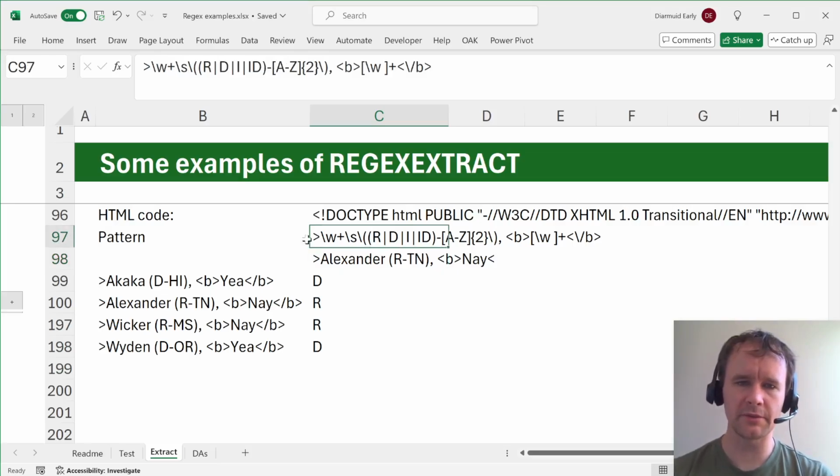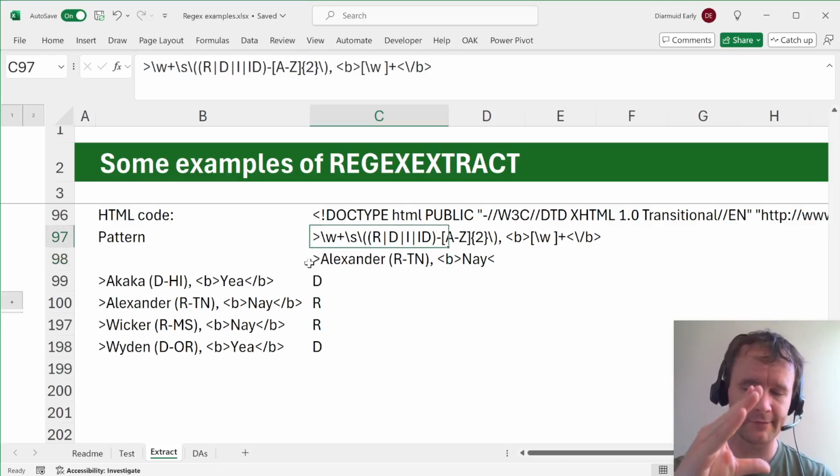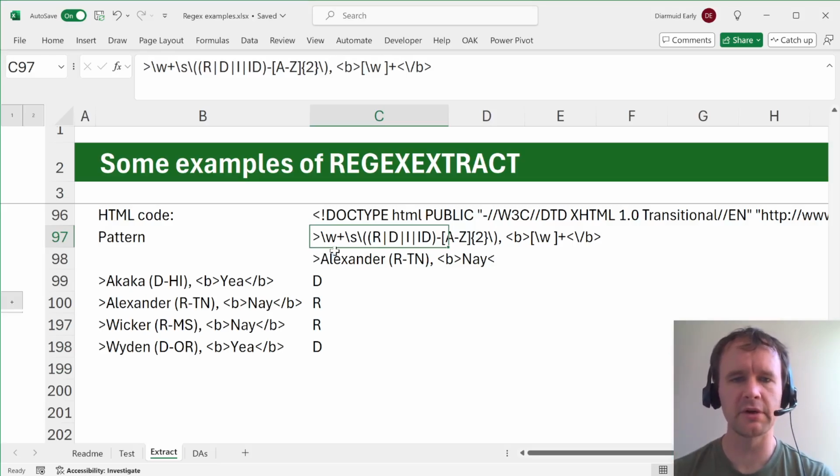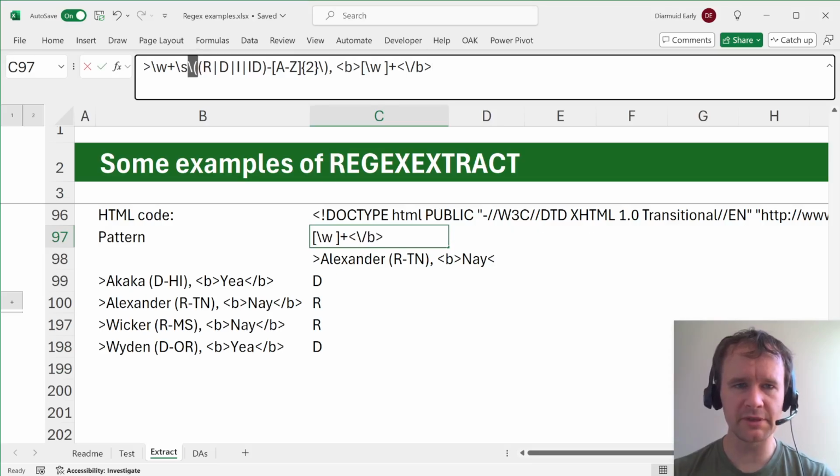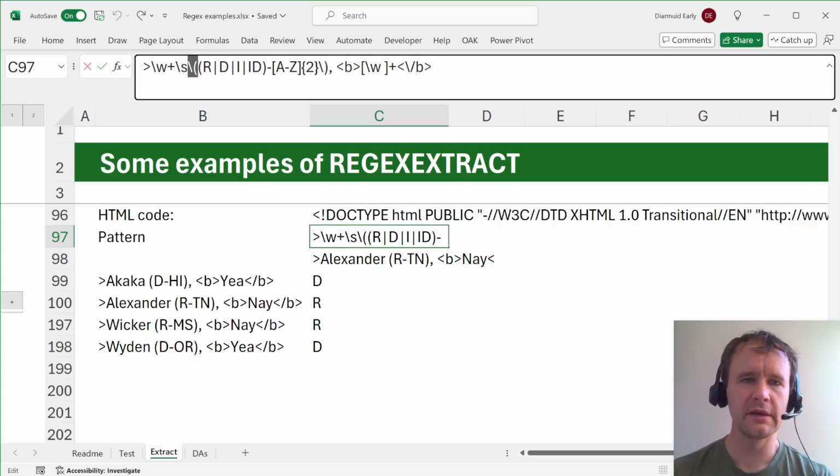So we want something that starts with this closing HTML bracket, greater than sign, then some string of letters, followed by a space, followed by this escape, which just means a literal opening bracket, because the party and state is in parentheses.